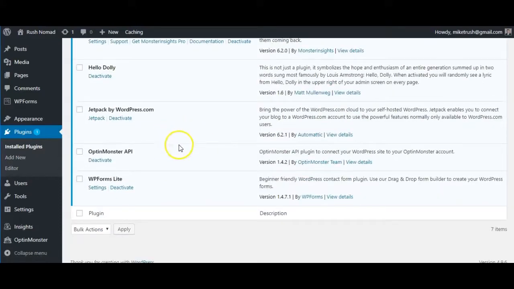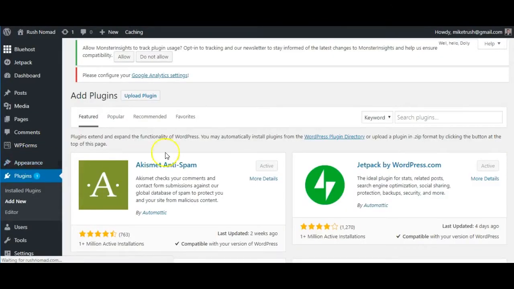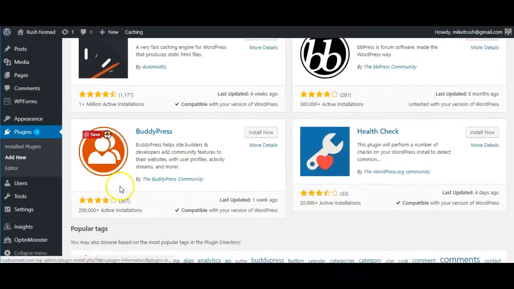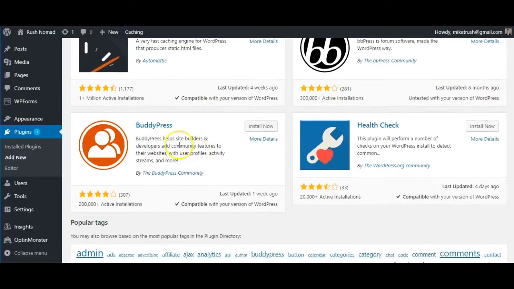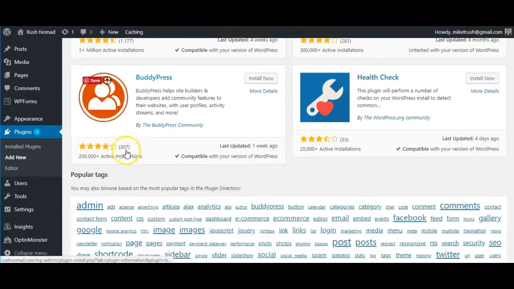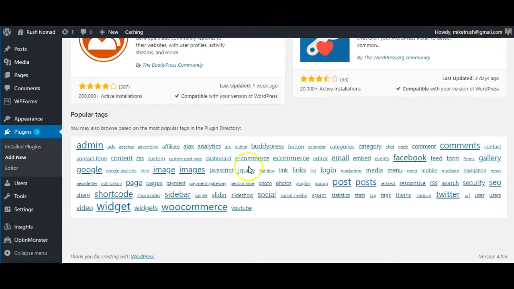There's a lot of variety with plugins. Some are for different sign-up forms, helping you create emails or pages that will help people opt in. If you click Add New Plugin, you're going to be brought to where there's a ton of different options. For example, something like BuddyPress is basically going to let you create your own community with your website, let people create their own profiles, and you'll just see a ton of different options. Whether it's Facebook or posts or sidebars or widgets, these are what plugins are all about, being able to make your life a little bit easier without doing a ton of the coding on the backside.